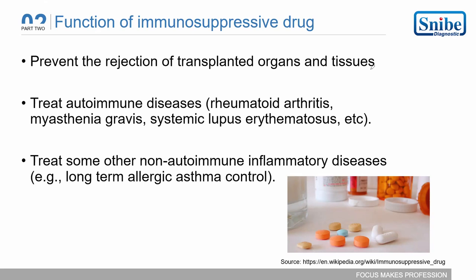These are foreign organs, even from donors. Maybe the HLA typing is exactly matched, everything is perfect, but when you transplant any organ or tissue into the body, the natural immune system is triggered, and then it creates antibodies. To suppress that immune response and prevent rejection of the transplanted organs, physicians prescribe